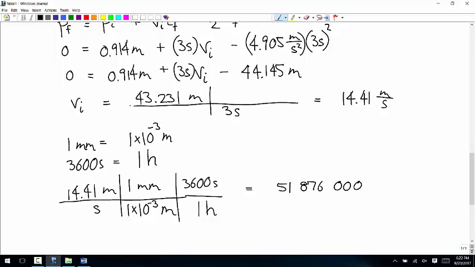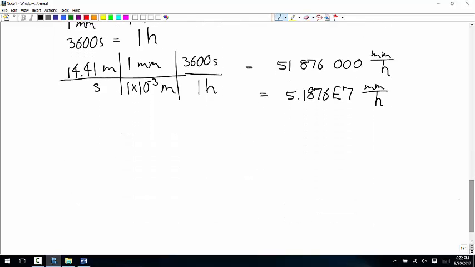876,000 millimeters per hour. And so that's 5.1876367 times 10 to the 7 millimeters per hour. And then number 2,